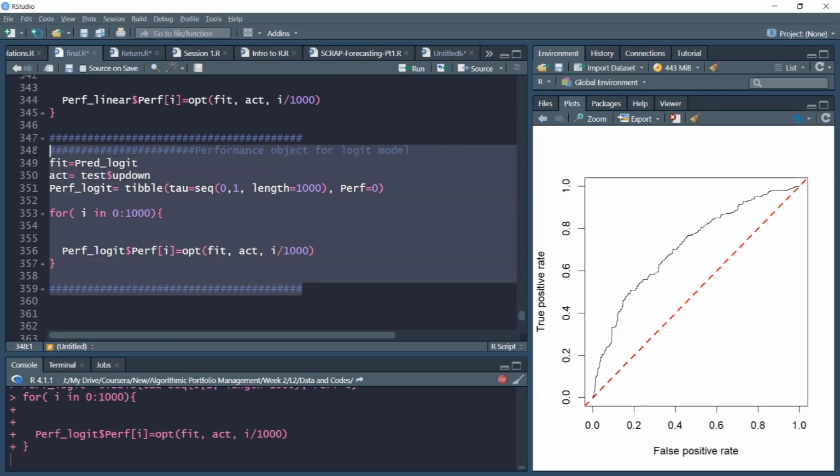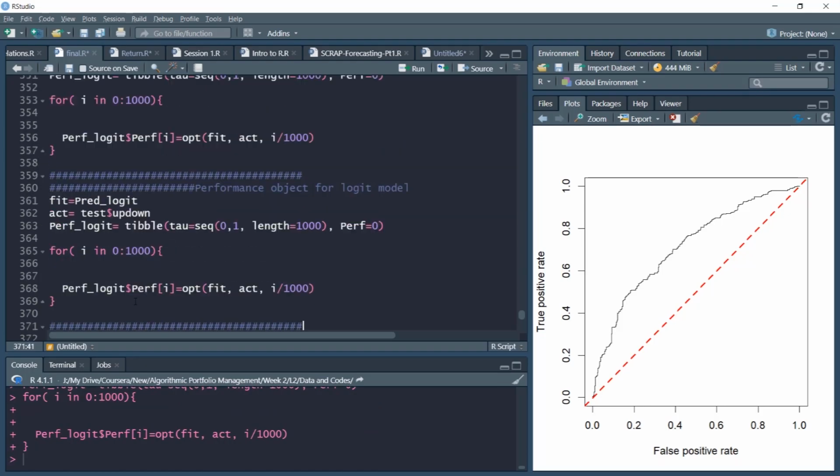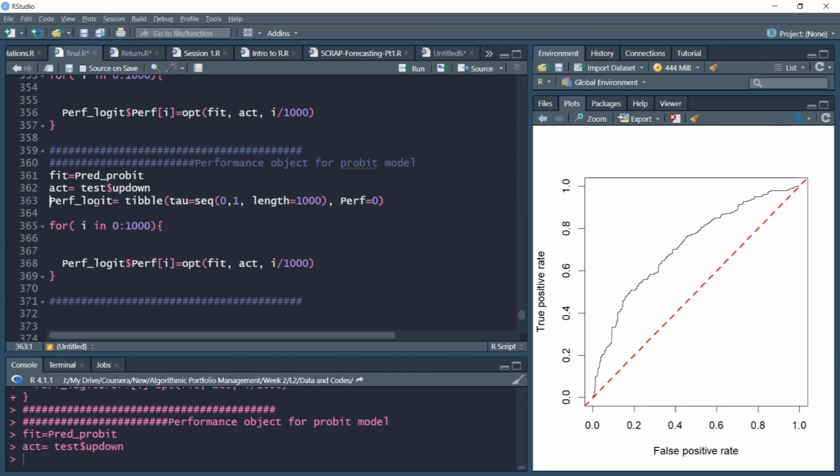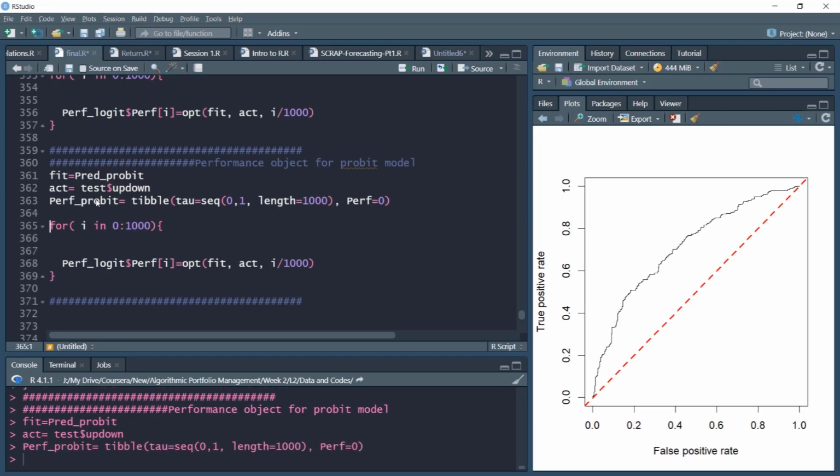In the meanwhile, while the loop is running, I'll also create my probit object. So this is for probit. Again, I'll make the same changes. Probit here. Here the performance object is probit, and here also it is probit.